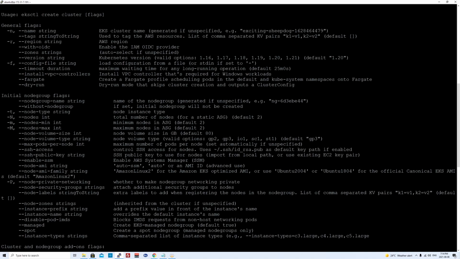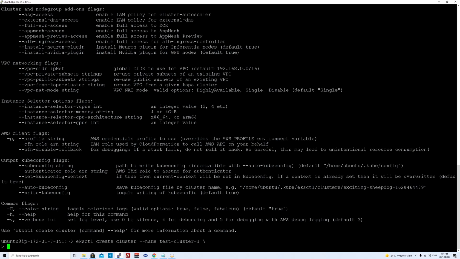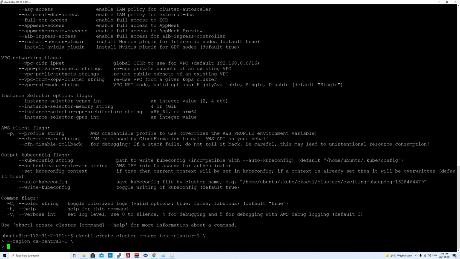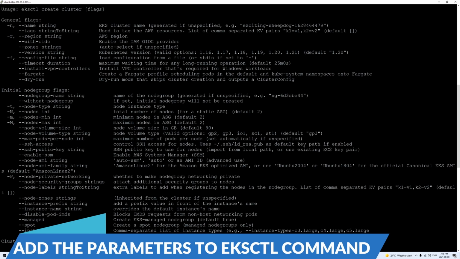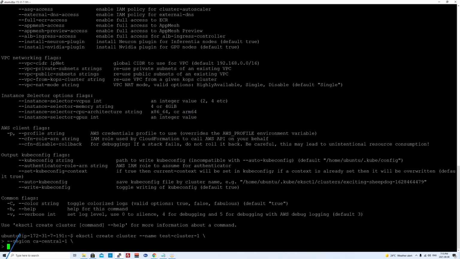Then I can also use region. So --region ca-central-1, as I want it to be provisioned in my Canada region. Okay. Then the next one is, let's see, node group name, maybe this one. Okay, I'll give it the name worker-node.